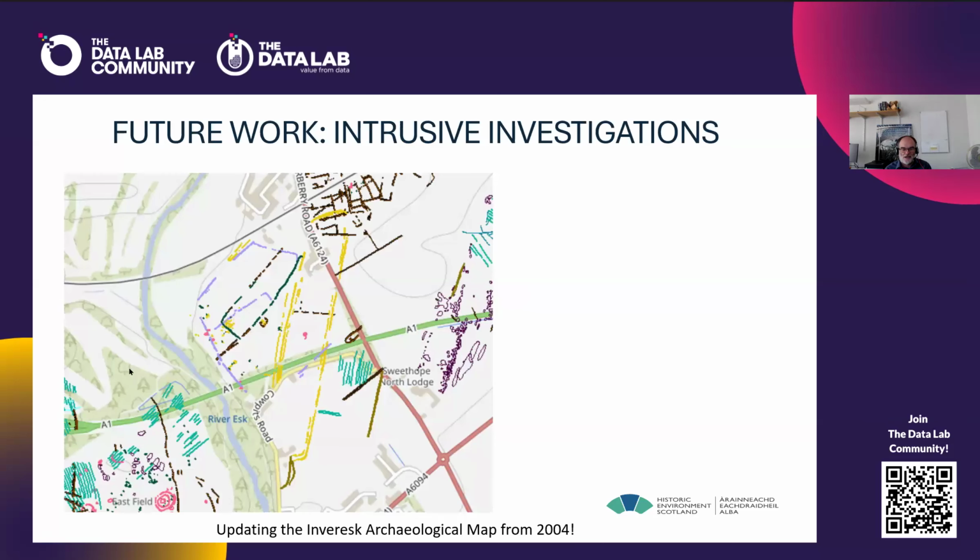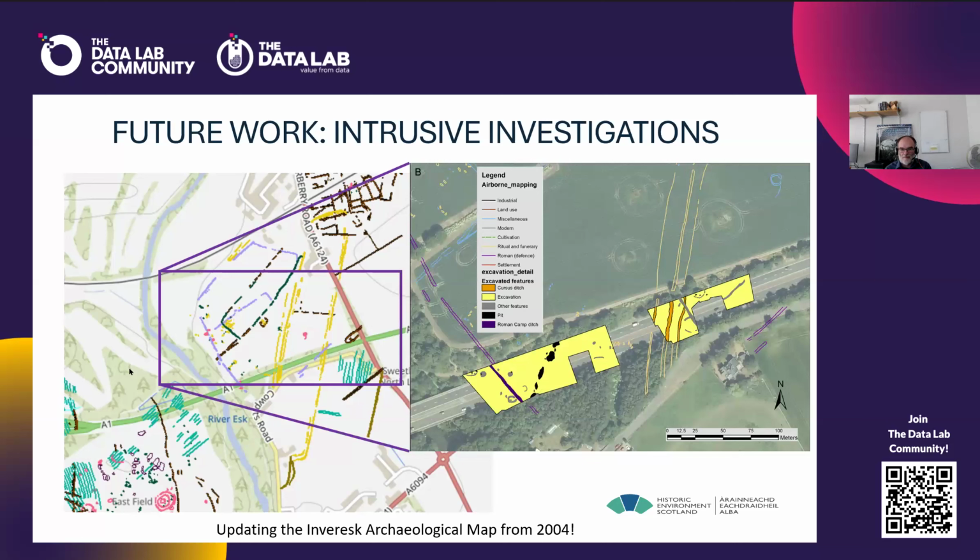Future work, say we've mapped the airborne mapping back in 2004. We also mapped where people had excavated. So this is the A1 bypass at Inverness, just cuts through a Roman temporary camp and this Neolithic ritual monument. So we digitized from the plans the excavated features, and they actually align very well with the transcription data we did,